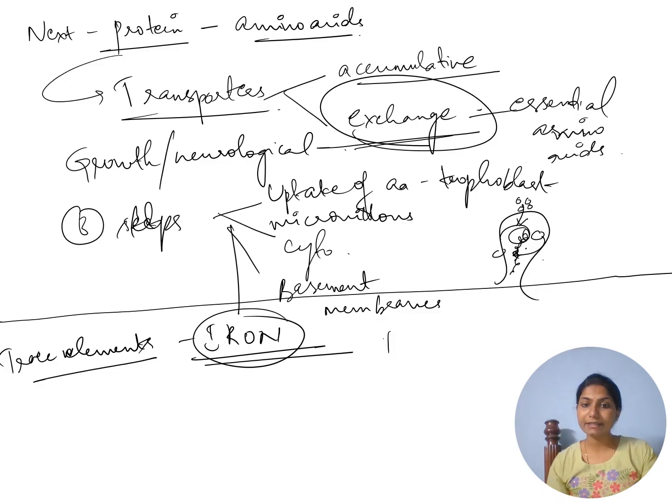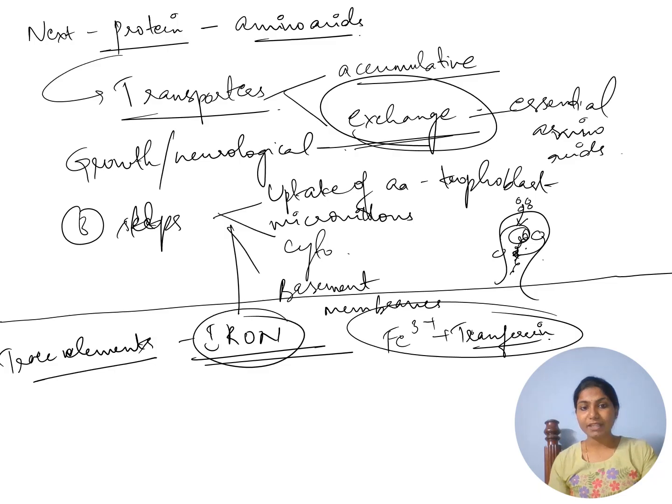We all know iron is available in the ferric form and it is bound to transferrin. Transferrin is the iron transport protein. So the ferric iron bound to the transferrin molecule goes and attaches to the DMT, divalent metal transporter protein, which is present on the syncytium. This complex is drawn into the syncytium by this receptor,